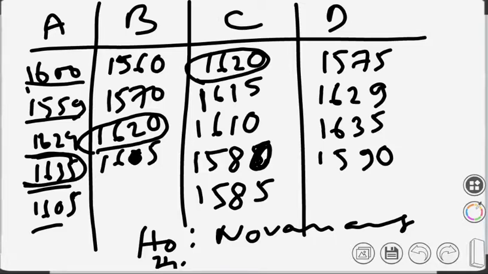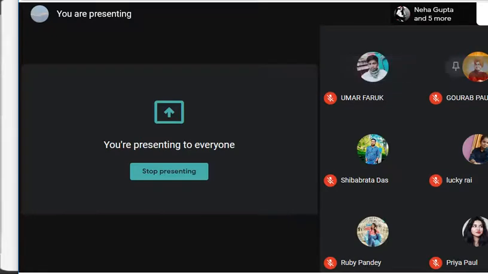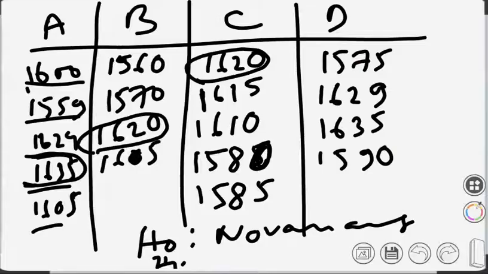So let me tell different students to do it in different ways. Umar, Gaurav, Shrestha, you subtract 1600. Shivobroto, Lucky, Tanya, subtract 1620, and others subtract 1635. Actually no, then the calculation gets confused. Let's subtract 1600 from each of the values. Let's see what happens and write down the table again, subtracting 1600 from each value. Now tell me what the table will be.